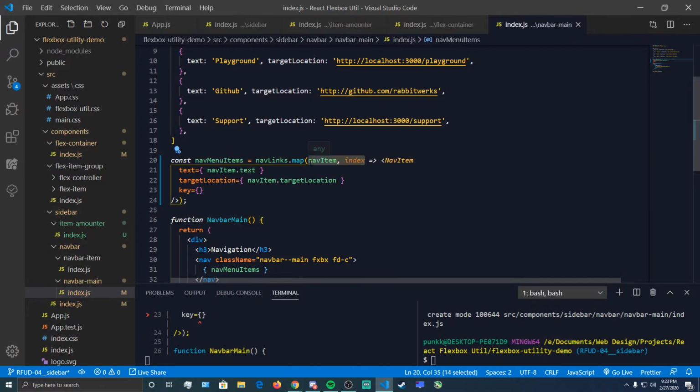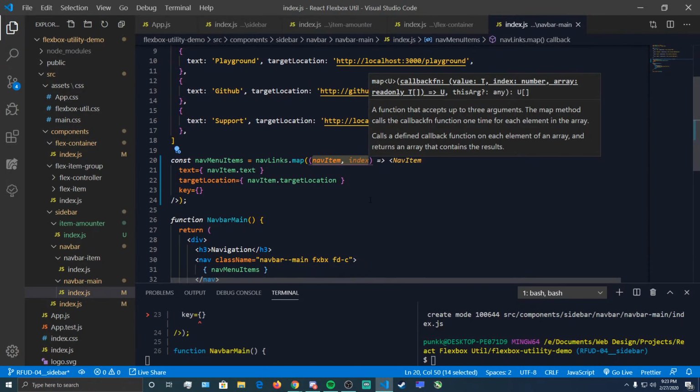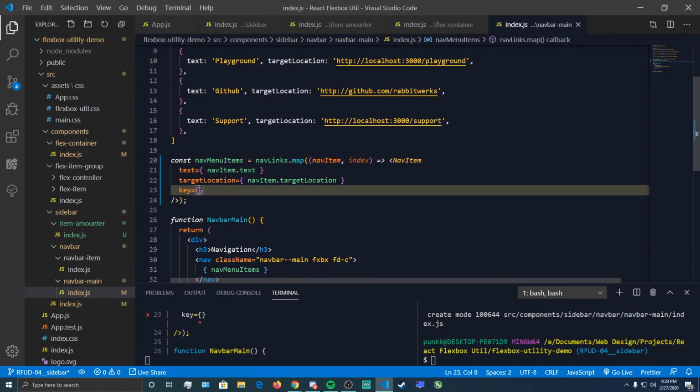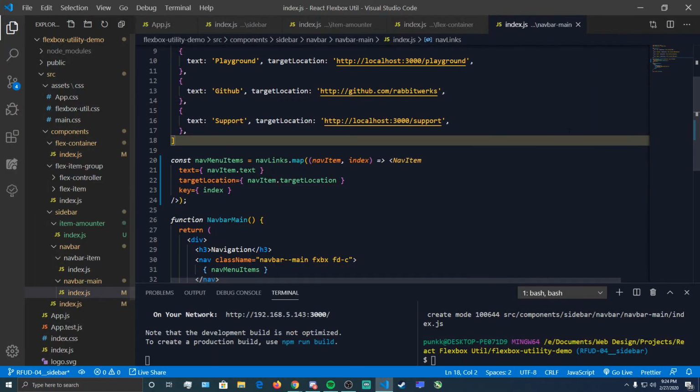I wrap it in an arrow function. Yeah, there we go. Cool. Just like that, that's nice. I like that. All right, so we'll just pass the index in here because that's all we need to have a unique identifier. So let's see. Doesn't look like there's any errors or warnings being thrown at the moment,